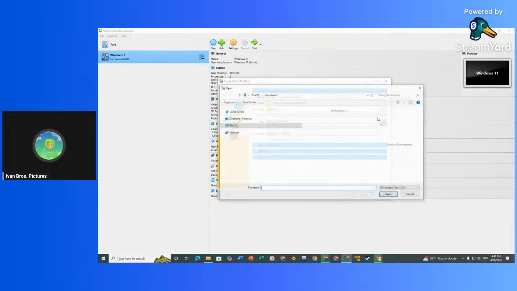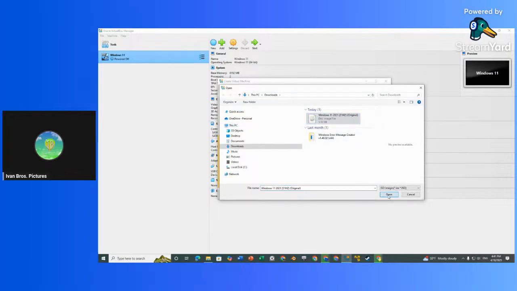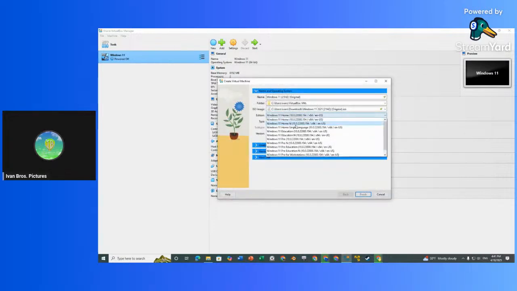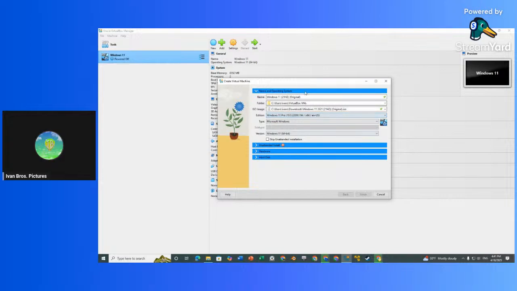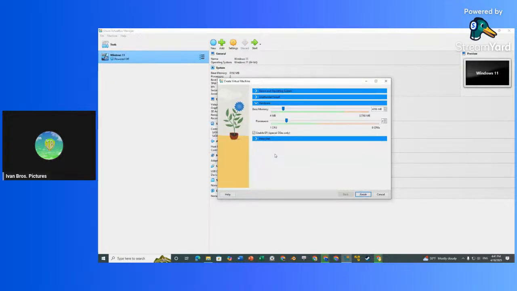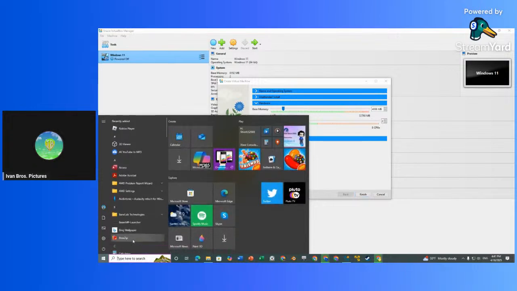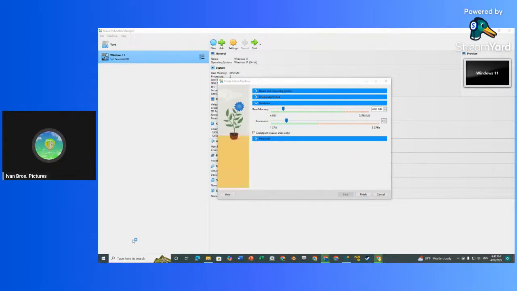Hit other on your screen, click on the buttons right here, and click open. As you can see, we have every single one. I'm going to name this 2021. I'm going to click skip unattended installation on our machine here and click on hardware. Now, VirtualBox requires about 4 gigabytes, but if I click on PC settings and type in PC health check,